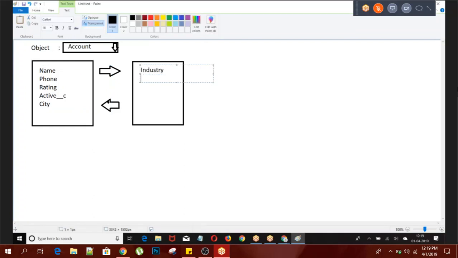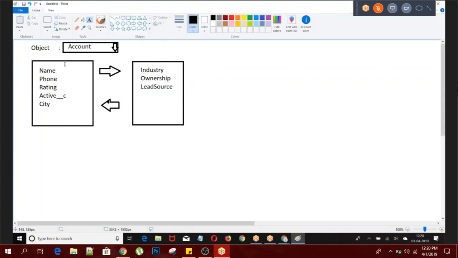I'm going to select some of the fields. Then when I select these fields and click on this button, the option should be added here. When I select this option and click on this, the option should be removed. Whichever object I selected, based on that object, I have to get the corresponding fields. The fields should be displayed like this.